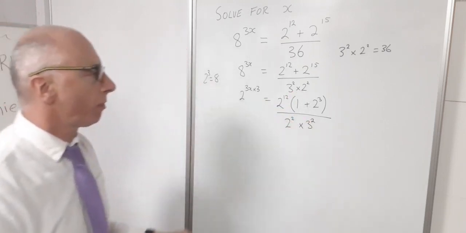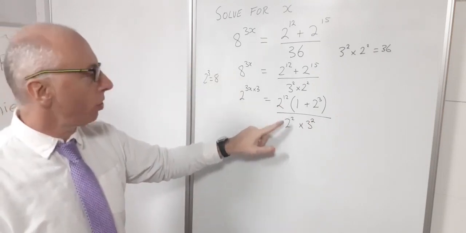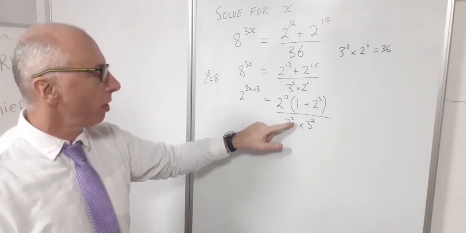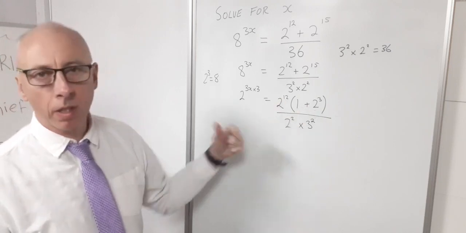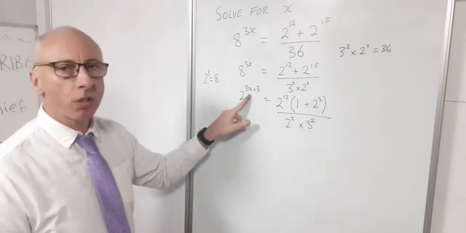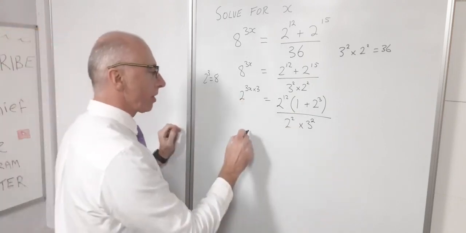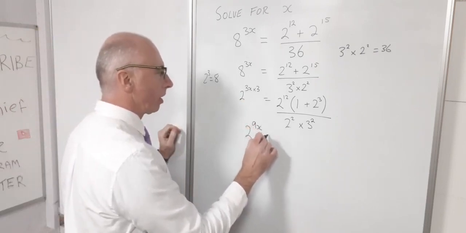And now we can see something can happen here. We've got a 2 squared and a 2 squared and a 2 to the 12 here. So we could maybe cancel out some powers there. And then 1 plus 2 cubed, that's not so bad to calculate. So we can calculate that. Then here we can just simplify this left-hand side off. So now we've got 2 to the 9x equals,